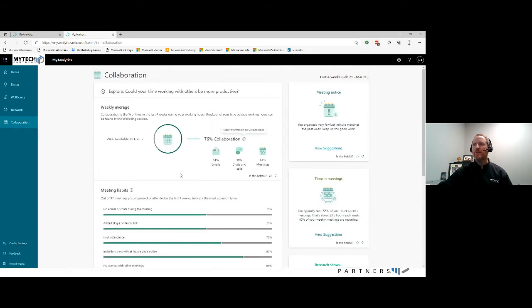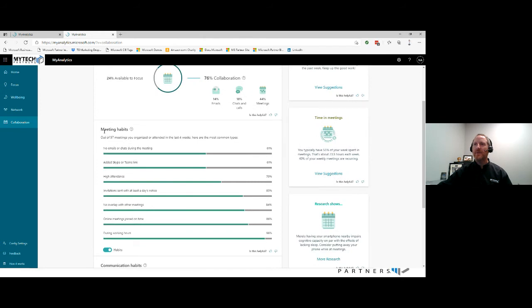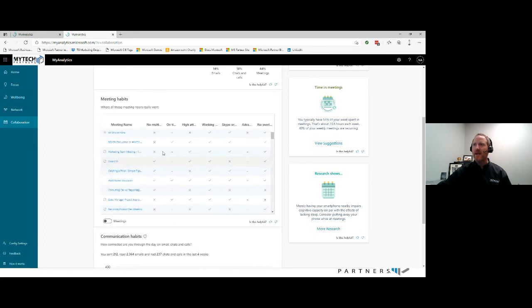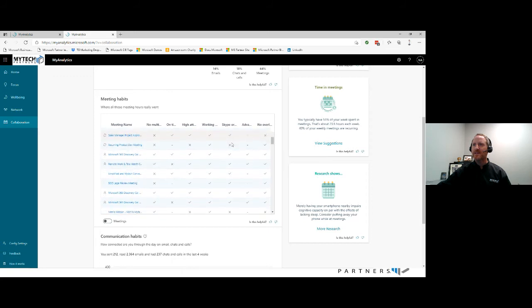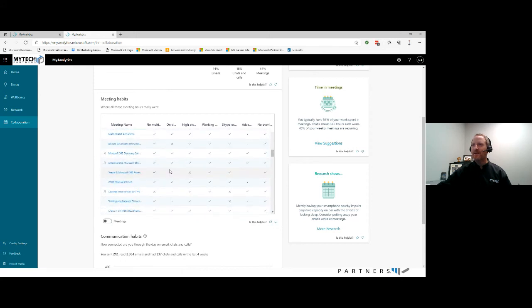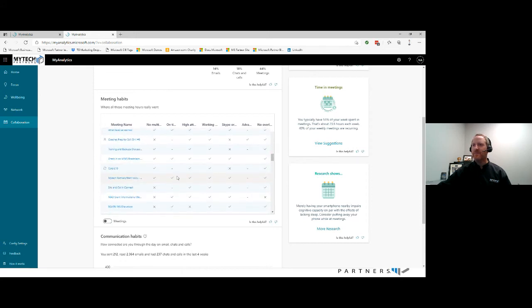And then finally, collaboration. It's very similar to network, but it does give you some insight into your meeting habits. It gives you kind of a bar graph summary here. But if you actually want to know, like, were online meetings joined on time? If you go down, it tells you 86%, work, great. But if you want to find the details, you just toggle this back and forth to the list, and it basically tells you which meetings you had and which ones were attended on time, which ones might not have been, et cetera. So it gives you all that. So I think that's interesting.